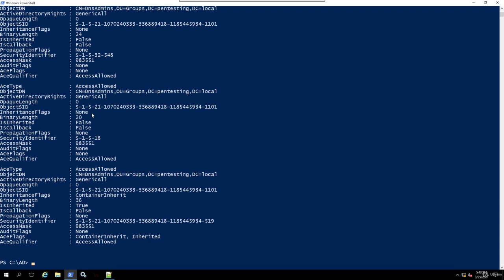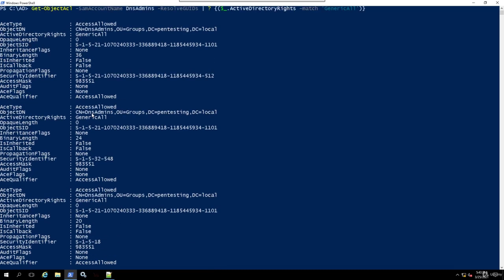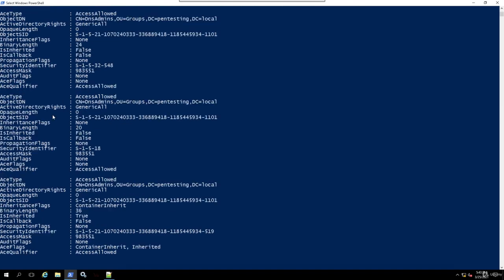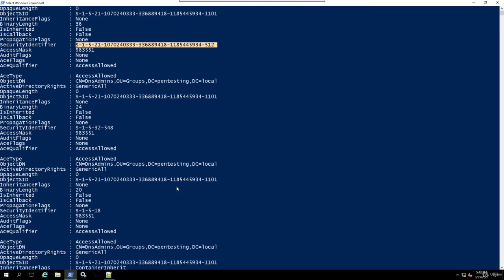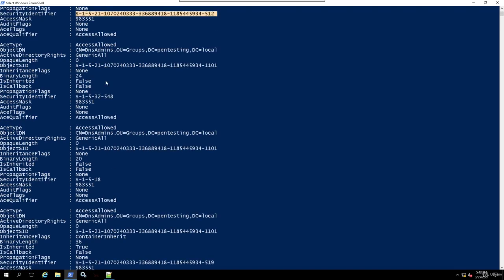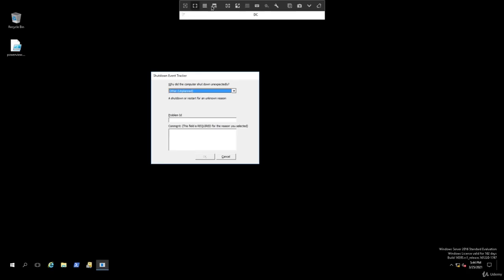So here you can see all the people or the security identifier that have GenericAll access, and you can see GenericAll access is basically full access. You can see this a couple of them. So what I want to do, so I can do this experiment, is we are going to go to the